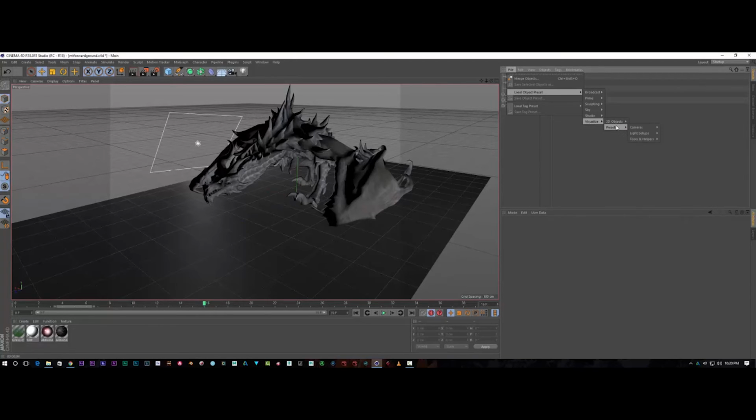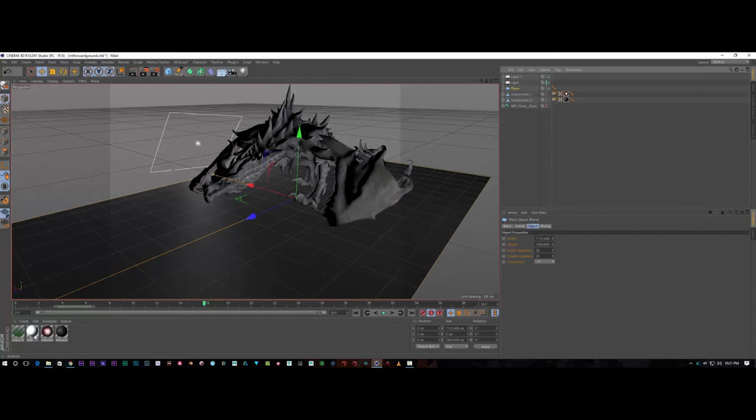We want some grass. We might not have some grass here. Broadcast, materials, 2D object, 3D objects. Just trying to give you some ideas of where. Right, so it looks like we haven't got grass. So let's just